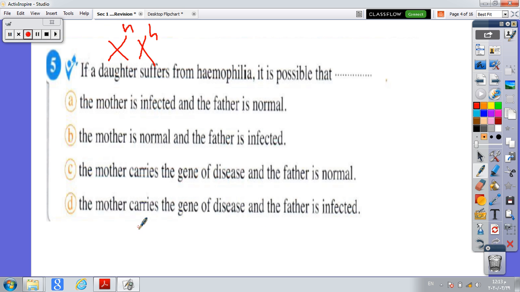Yes, as the mother will be X, which is H capital, H small, while the father is X, Y, which carries H small. Okay, so we will choose number D. Okay,